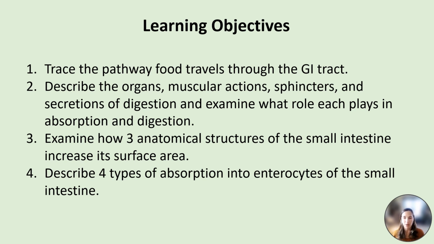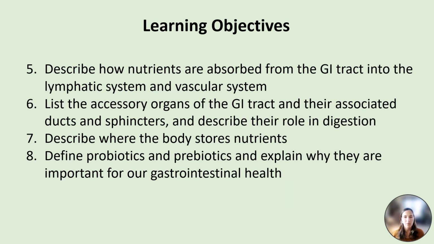We're going to examine how 3 anatomical structures of the small intestines increase its surface area. Describe 4 types of absorption into enterocytes of the small intestine. And then we're going to talk about how nutrients are absorbed from the GI tract into the lymphatic system and vascular system. So I want you to read about these systems in your book with respect to how they pertain